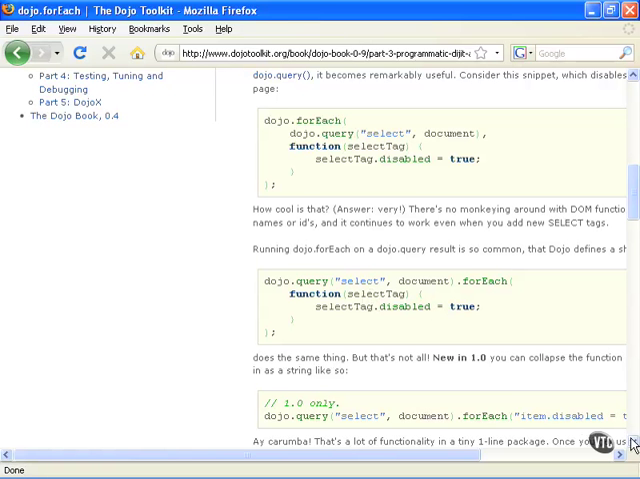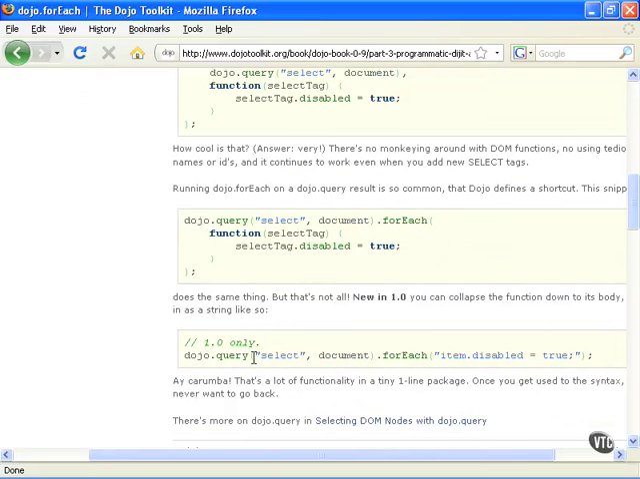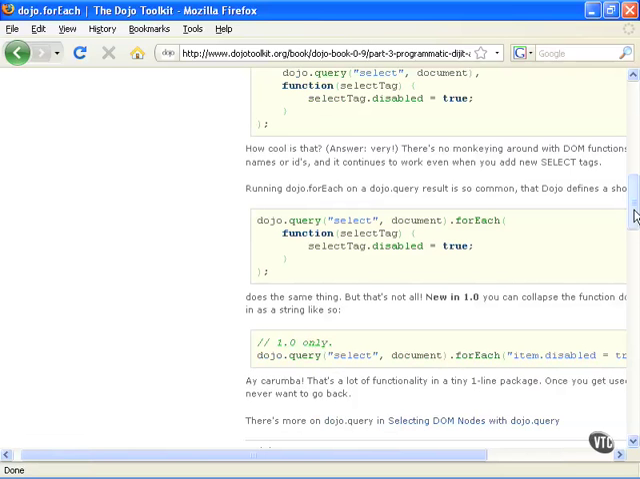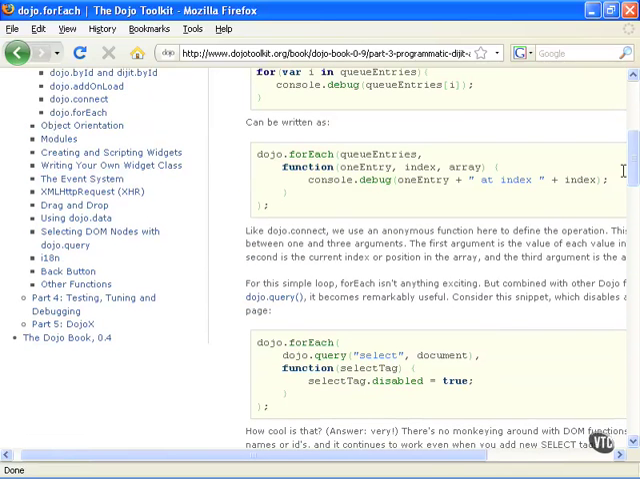Now down below that, you'll also see a more concise version of that, where it's again selecting all of the select boxes, and then for each one of them, it's using this item to represent each one of those items. It's setting its disabled to true. And that's really cool. The dojo.query is a very powerful element, and in fact, let's go ahead here and jump